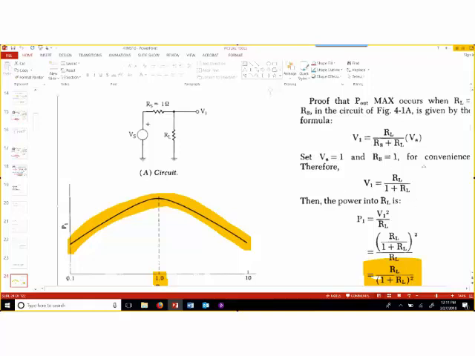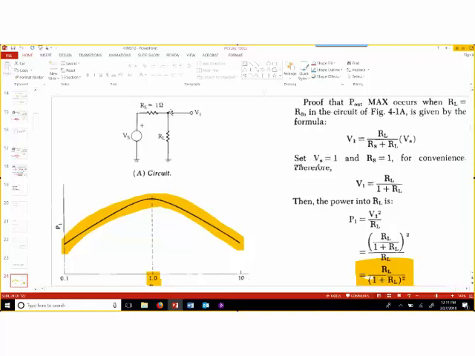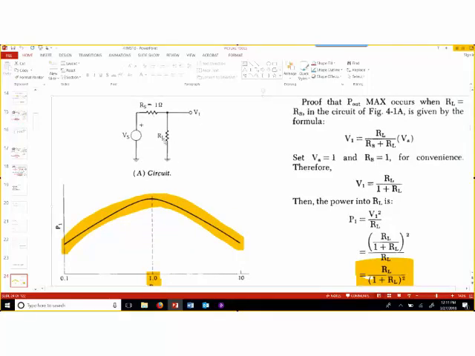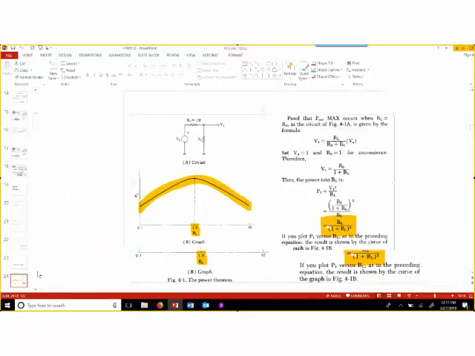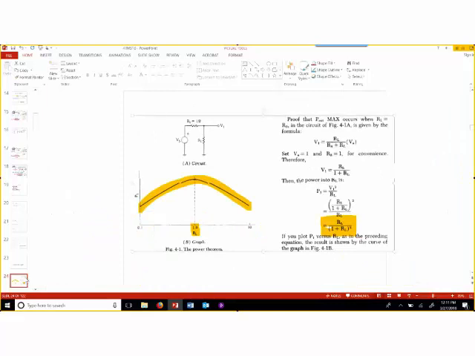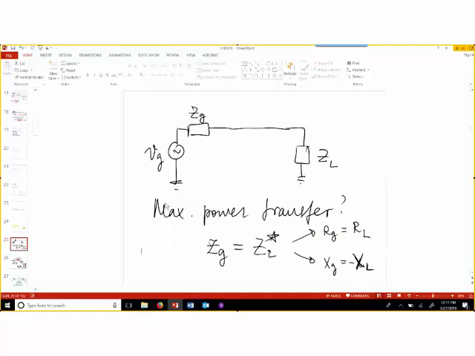If the generator's impedance is a complex number, then these equations become a little more complicated, but you can also show that the load impedance has to be what? Let's say this is ZL. What does the load impedance have to be? Conjugate. Right, complex conjugate. When you have a complex conjugate load, you will see that you have the maximum power transfer. In other words, when we have a complex impedance of the generator and the load, these two have to be complex conjugates of each other, which means that the real parts have to be the same and the imaginary parts have to be opposite,